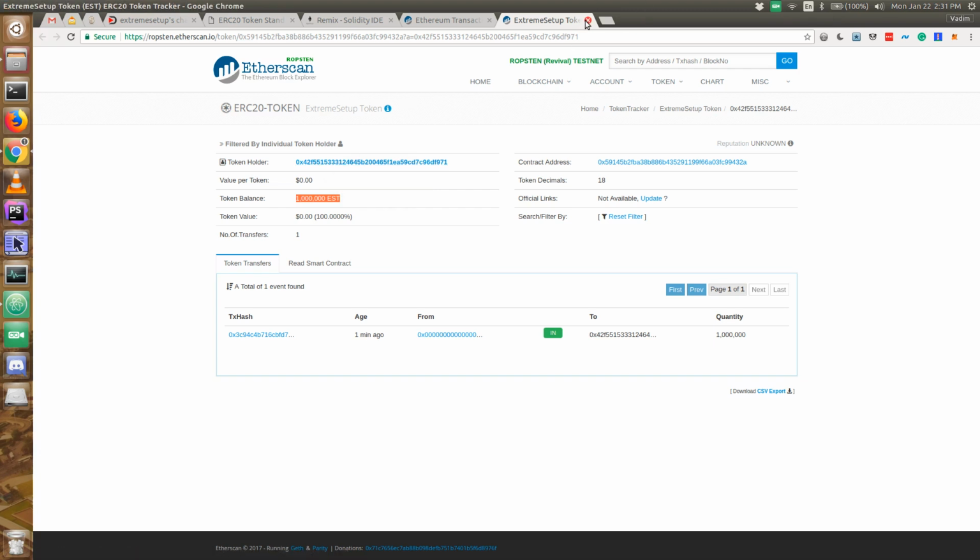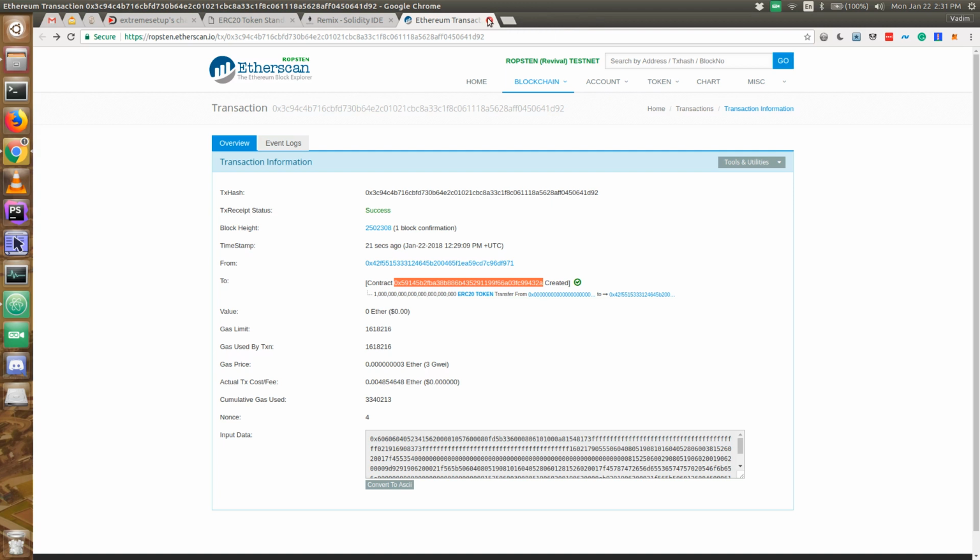So that's it. This is how you create your own cryptocurrency. Of course, there are a lot more details to this. First of all, I want to let you know not to use this code in production. I will link this code to the GitHub account, and will post this link in the description. But don't use this code in production. Do your own research, do your own coding, and